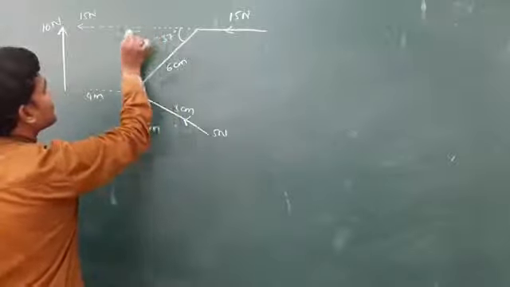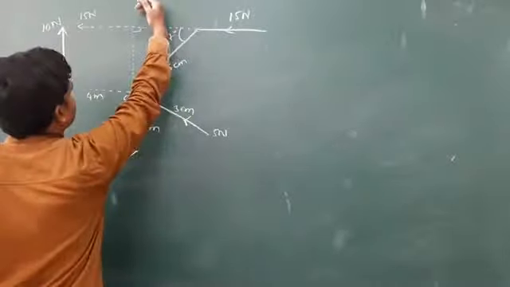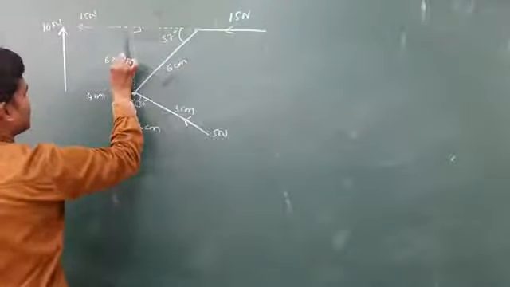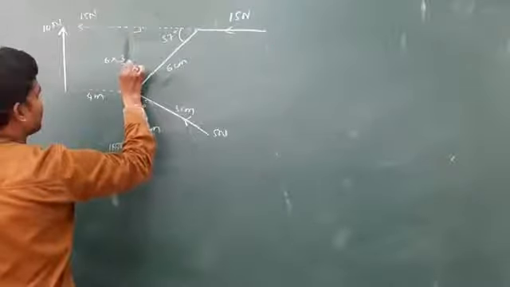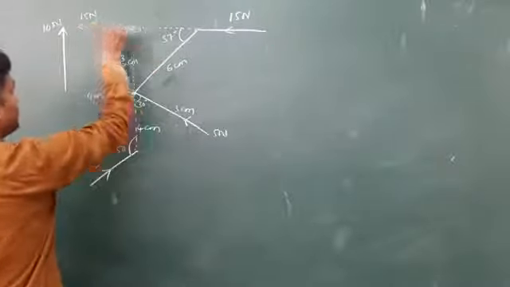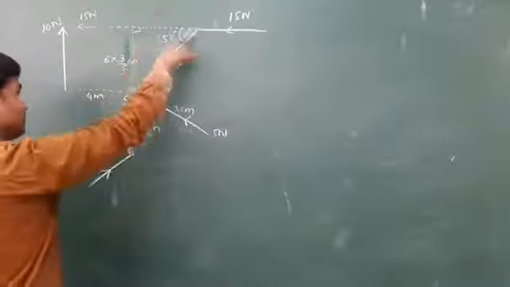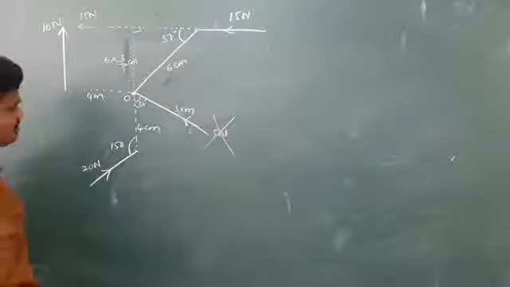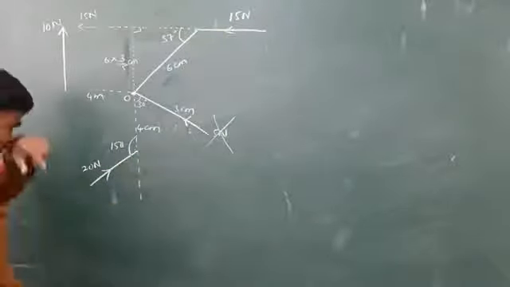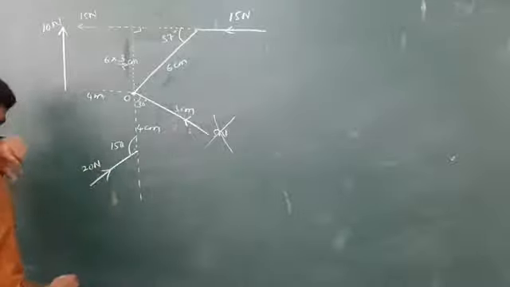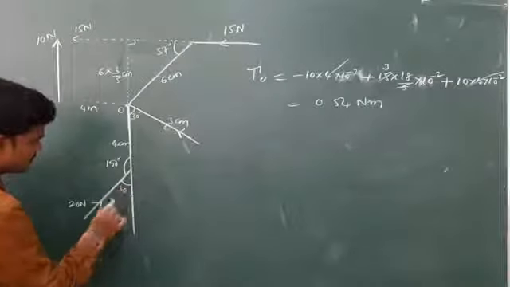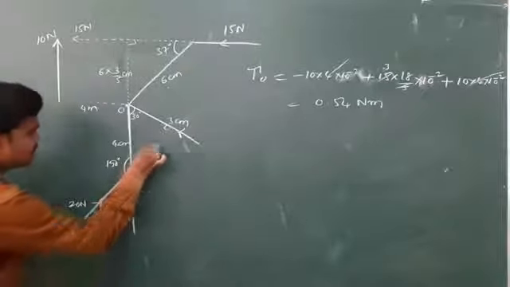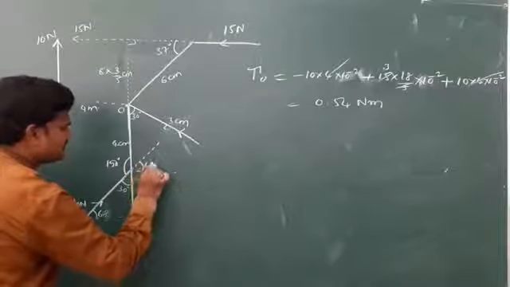This is 90. This is 6 cos 37, and this is 6 sin 37, which is 18 by 5 centimeter. So 15 into 18 by 5 about O. One force is completed. And this force does not create any torque, so this is negligible. And one more is given. This is 150, this is 150. How much is this? 30. And if I draw one normal line, this is 90. This is 60. If I extend, this is also 60.